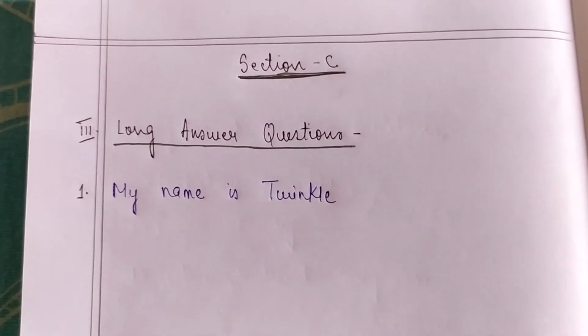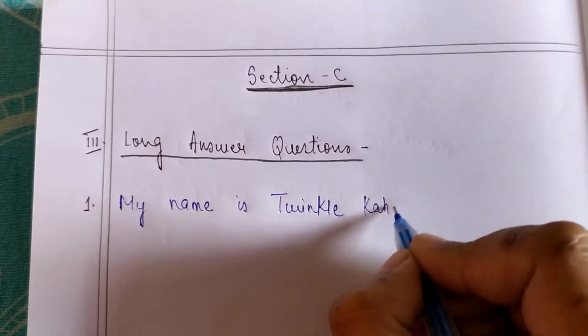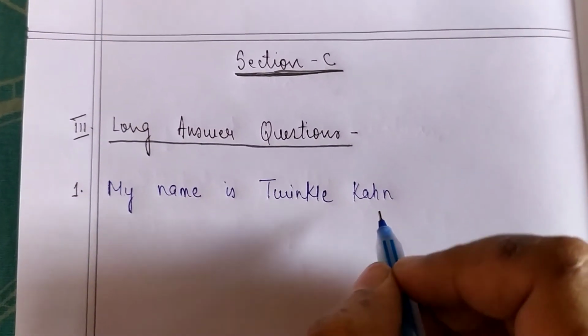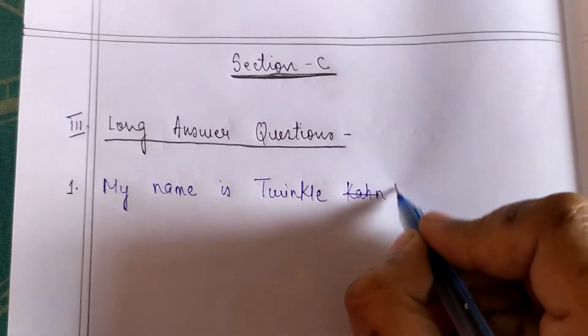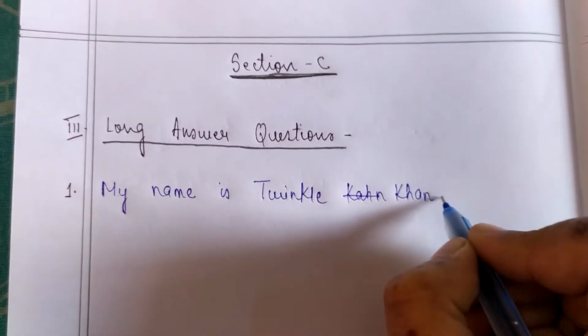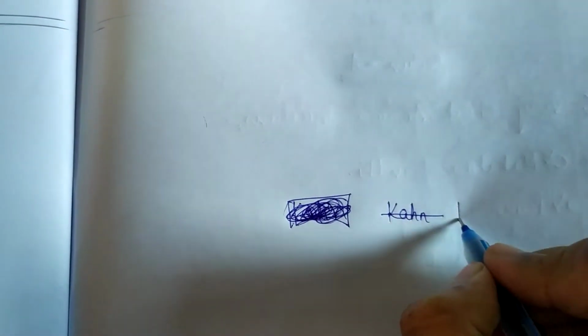And if you have made any mistake, for example, this is not the spelling of Khan, right? So what you will do is just strike it once. That's it. And then you write the correct word. Don't do this kind of thing, or make boxes and keep on cutting. No need, it's not required. If you have made a mistake, strike it once and write the proper word.